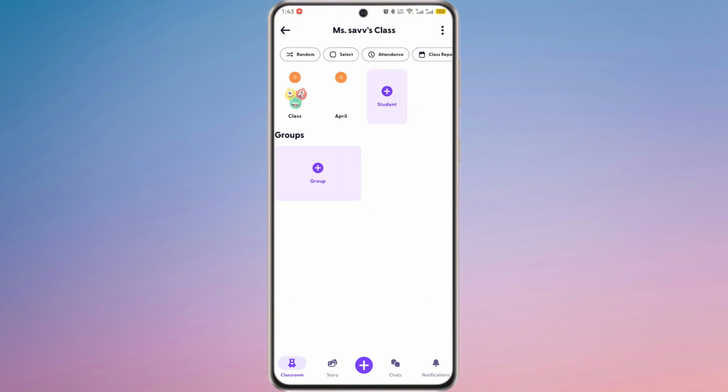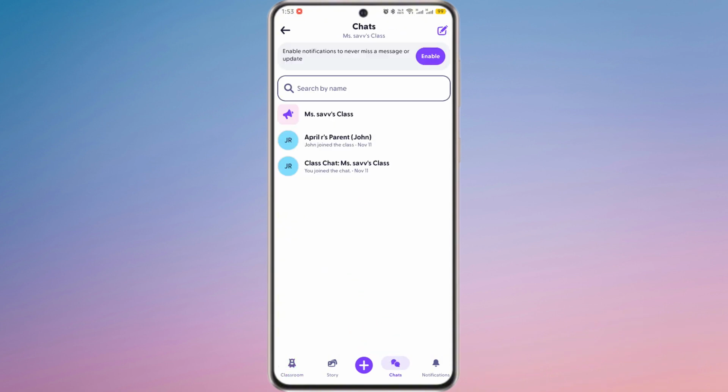You will be taken to your classroom dashboard where you can see your students and your connected parent. To send a message, tap on the messages or chat icon at the bottom of the screen. Here you can select individual parents or multiple parents at once depending on whether your message is private or for